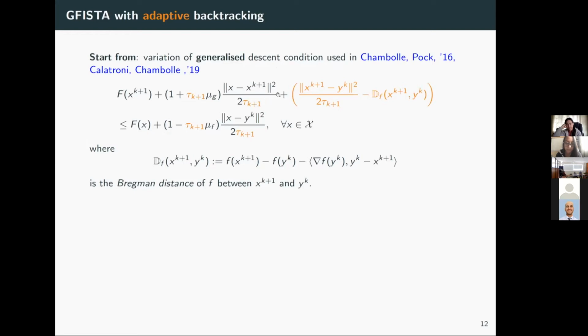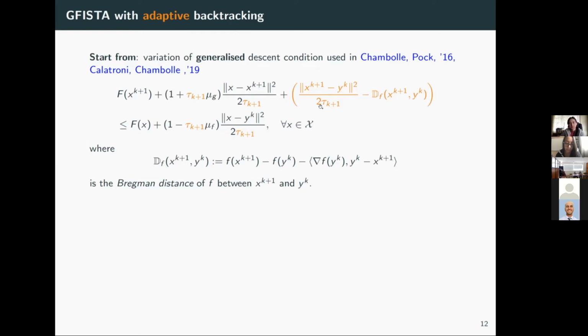And the starting point of the analysis of these FISTA type algorithms is the fact that you need to write down a sort of descent condition that guarantees that at each iteration your functional decreases, or a functional plus something decreases. Okay, so this is the sort of inequality you end up with. And this inequality depends on this orange term, which, to create a recursion, you would like to neglect, and you would like to stay always